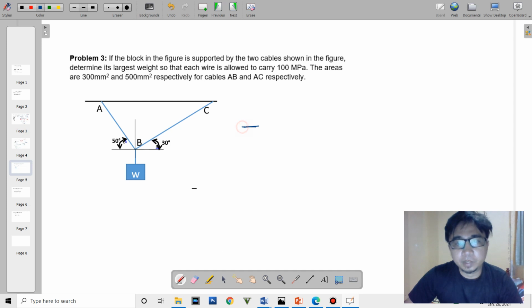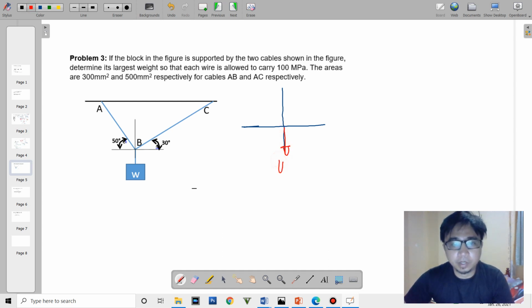Perhaps you might think that you'll just have to resort to the joint method here, and then we have here W, and then this is a tensile